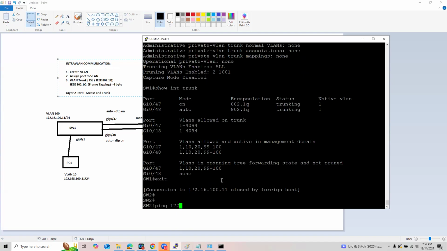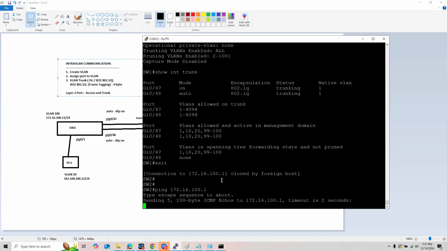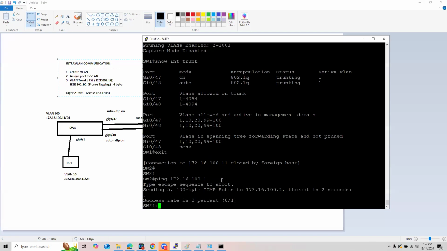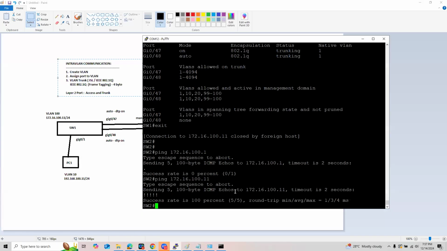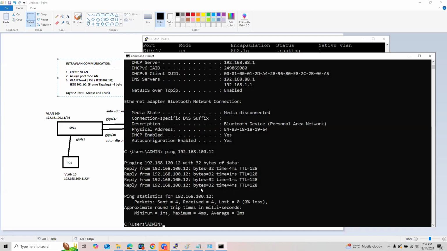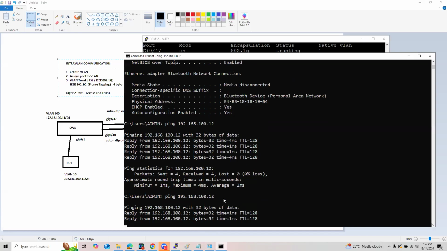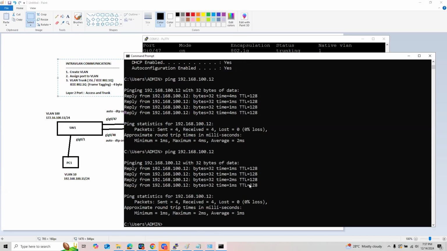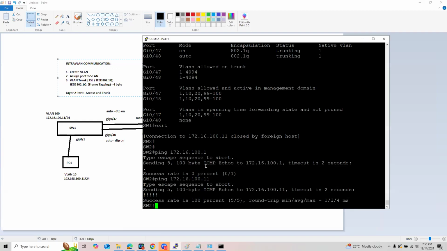I am now able to communicate with switch 1 through this IP address, 11. And in my PC, I can now also communicate with 100.12. This is actually VLAN 10, right? And switch to switch is VLAN 100.